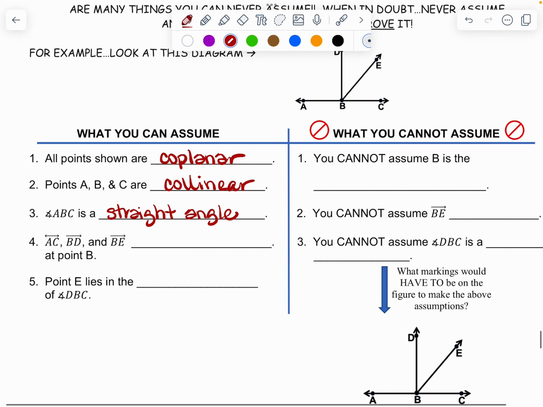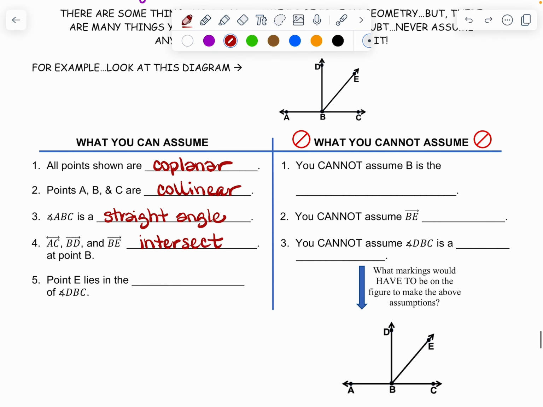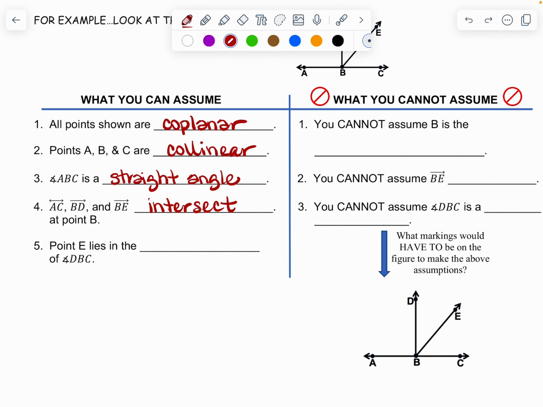We can also assume that all of the lines or rays in that picture intersect at point B, which I think is, again, pretty understood. No one would think twice about that. Basically just saying that there's not any gaps, you don't have to worry about that. And the last one kind of piggybacks after number 1, that point E lies in the interior of angle DBC. So again, it's just reinforcing the fact that that is a two-dimensional drawing and not